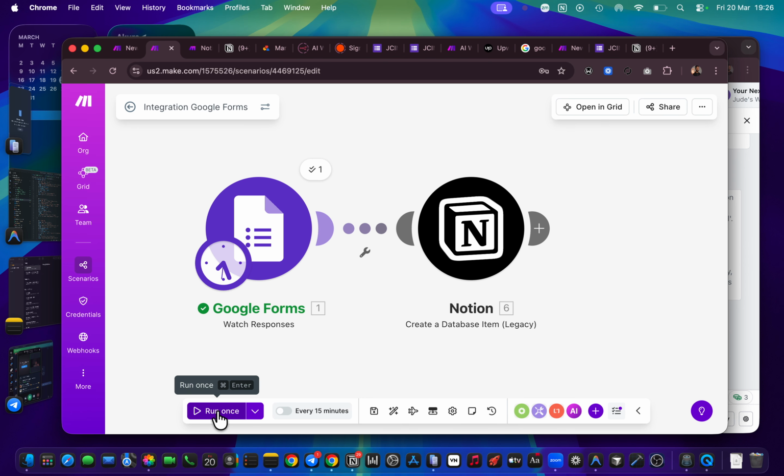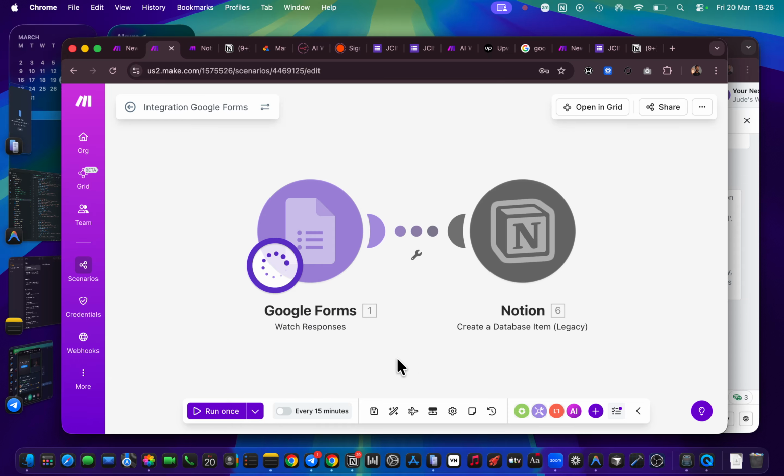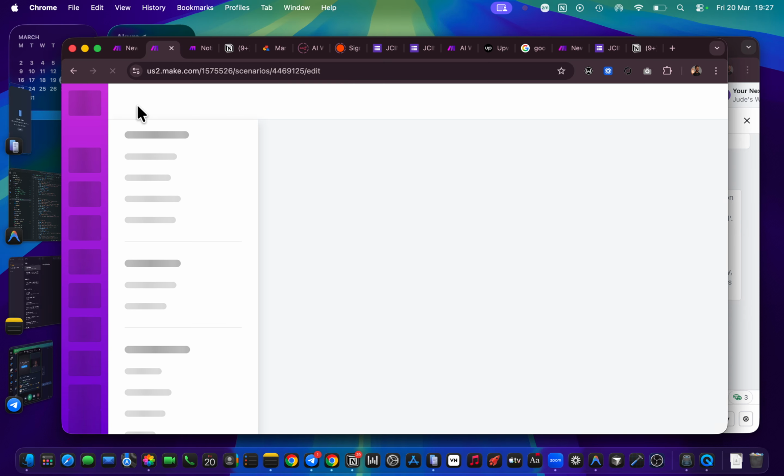So you can click on run once. Run once is only going to run it once, and it will see if everything is working. So we're going to do that now. Let's see. Click on run once. Okay, it's already running. Sorry, I already clicked on it. So it's running now. Let's see. It seems it's the network that is giving us problem again. I'm pretty sure it's the network. Let's try to restart the page. Let's reload the page and do this again.